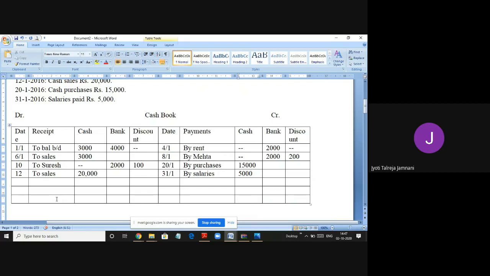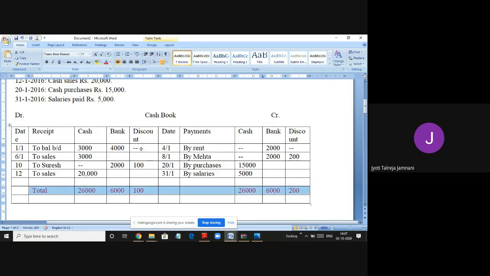Now what we'll do is we will total all the columns. So I'll write the total here above. 26,000 is the cash column total. Highest side total you should write on both the sides. So here it is 26, here it is 20. So highest is 26. I'll write it on both the sides. And then 6,000 is the total of bank column and 100 of discount column. So now we'll write this total again here, 26, 6, and now on the discount side here it is 200. We'll write 200. Discount column we are not balancing, only the cash and the bank columns we will balance. So this is the total that we have.